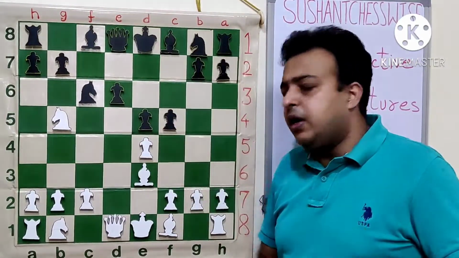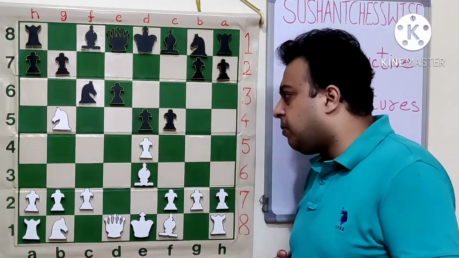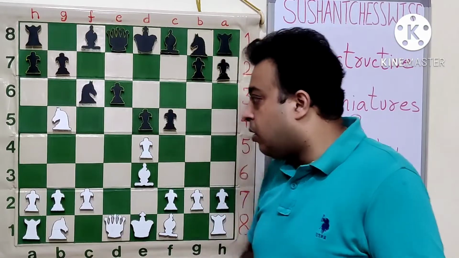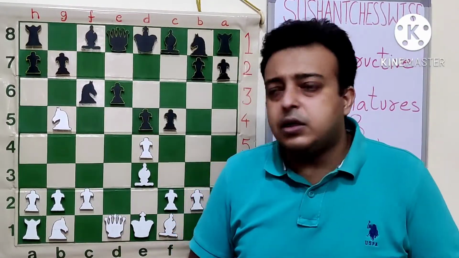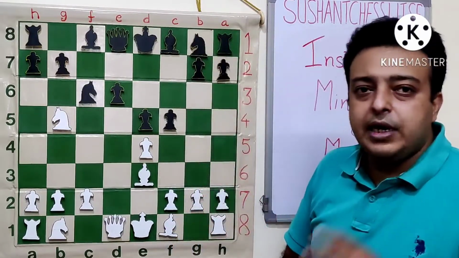The move f5 threatens f4, trying to push the e3 bishop. We saw exf5 is bad. What is white supposed to do now? Now white concentrates on his development, the active pieces, and he allows black to go with the move f4. So white plays the very